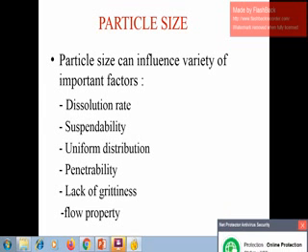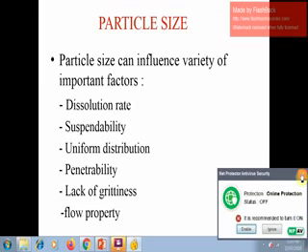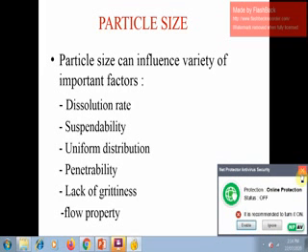Now actual study will be started. First parameter we will see regarding the particle size of your drug. See, particle size is the most important parameter of your drug, especially when we are dealing with solid dosage forms, and most dosage forms preferred are solid dosage forms, and most drugs are present in the solid state.